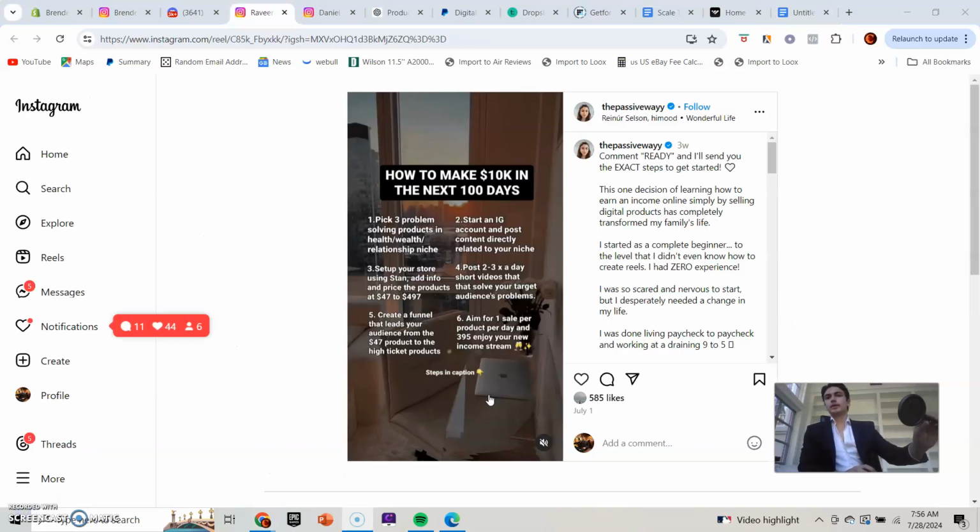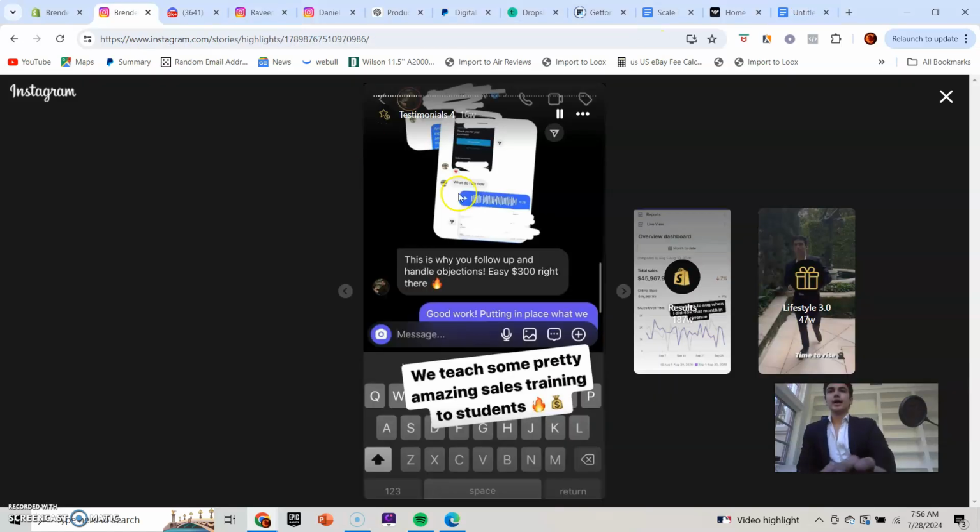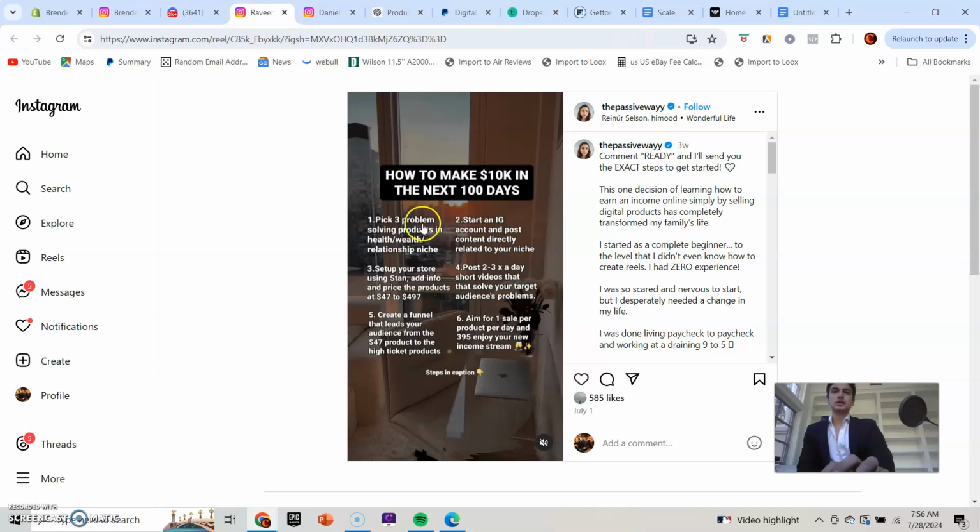So here's another one in the business money niche, but here's another example of a value post, right? So number 2. And the reason why it is a value post is because it's providing value, right? Step 1, step 2, step 3. It's breaking steps down, okay? And the reason why this would generate leads is because you're providing value. If you provide value, you give education, and then you ask for a call to action, they're probably going to generate leads, okay? So that's what we call a value post.